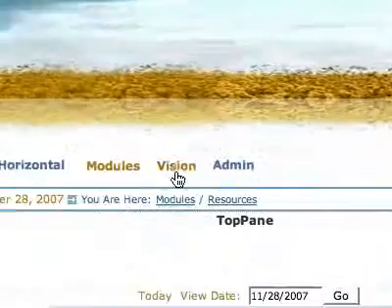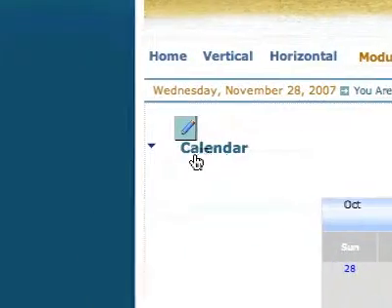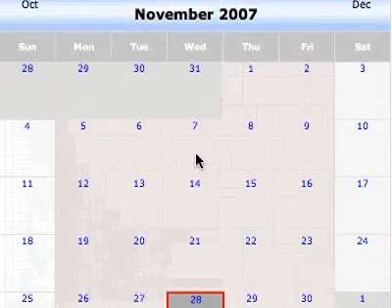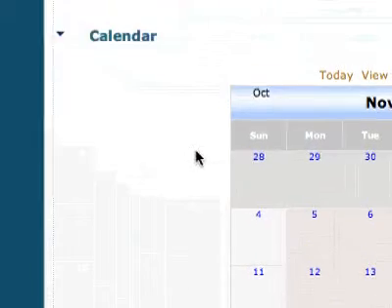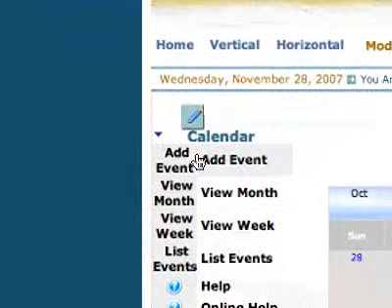When we do that, we can come down to our top pane here, and we see that we have a module title called Calendar, and we have the calendar here that's sitting in this top pane. Now, to add an event to this calendar, it's as easy as rolling over this blue drop-down arrow, choosing Add Event,